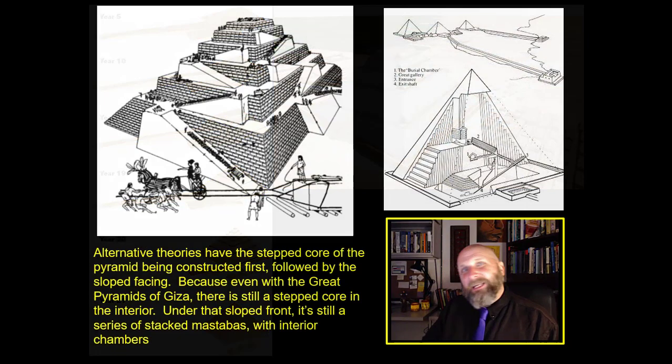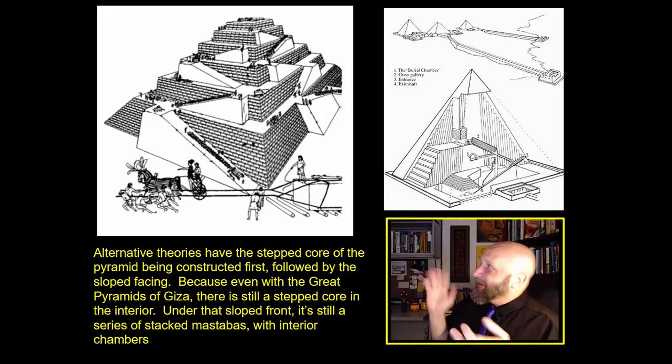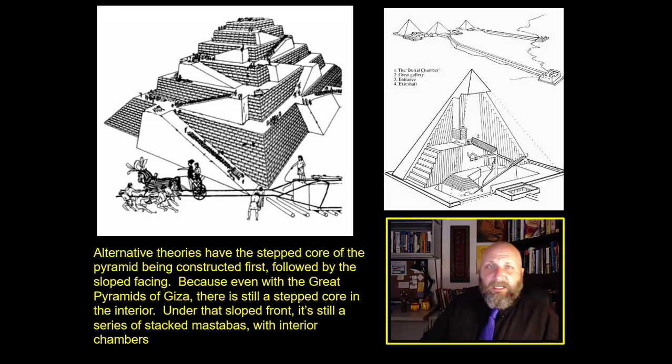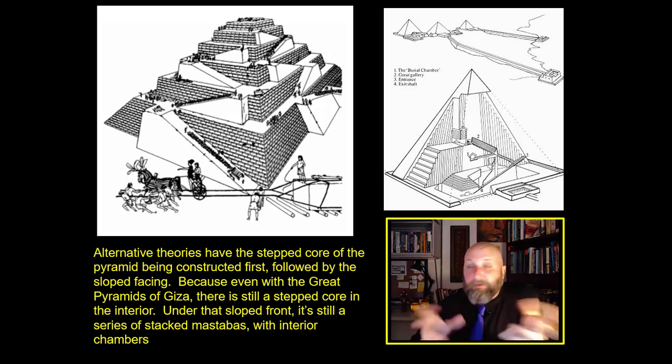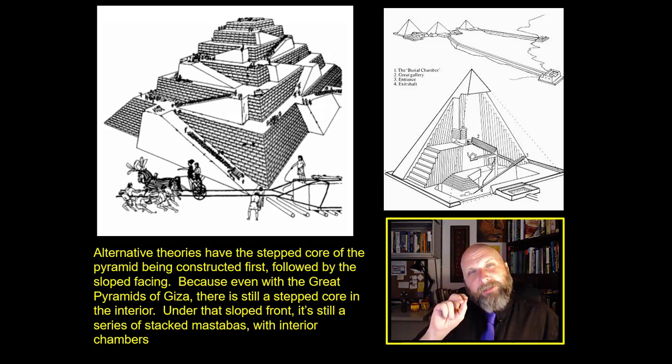But it is debated exactly how they did it. Alternate theories have argued some sort of steepled ramps. We do know that they definitely started at the bottom. So, I mean, if you started building a pyramid at the top, it would be really, really difficult. But I want to stop for a moment and point out the architectural drawing right up above me. Because I want to point out about even the Great Pyramid of Khufu.